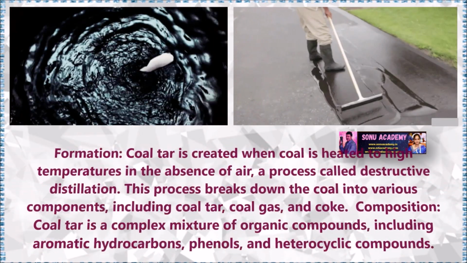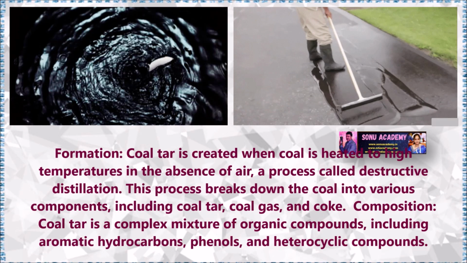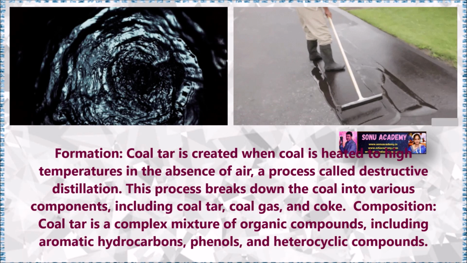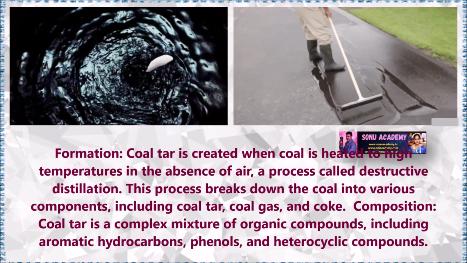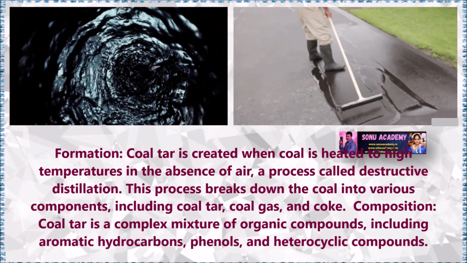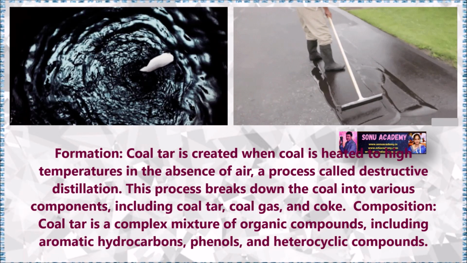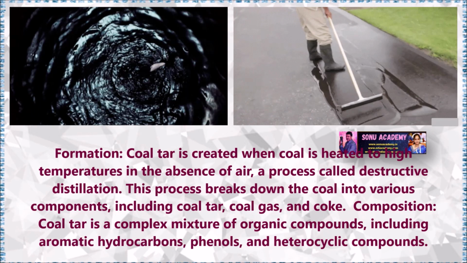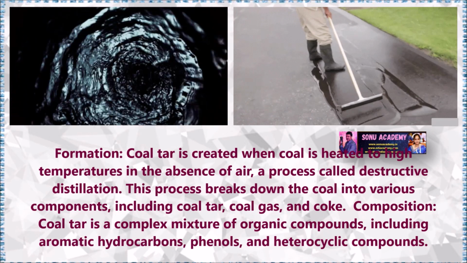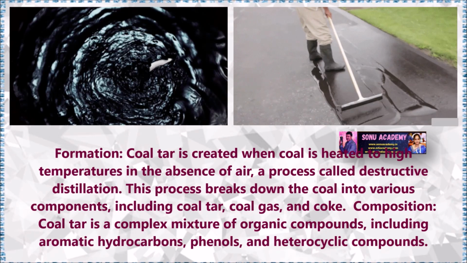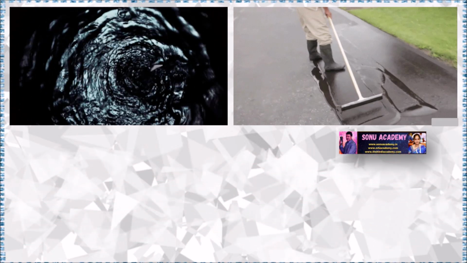Formation of coal tar. Coal tar is created when coal is heated to high temperatures in the absence of air, a process called destructive distillation. This process breaks down the coal into various compounds including coal tar, coal gas, and coke. Composition. Coal tar is a complex mixture of organic compounds including aromatic hydrocarbons, phenols, and heterocyclic compounds. It has many uses including